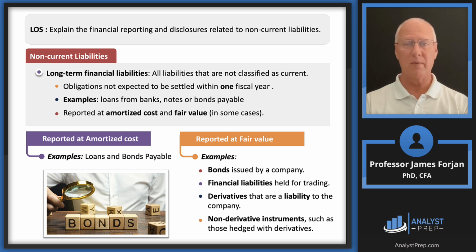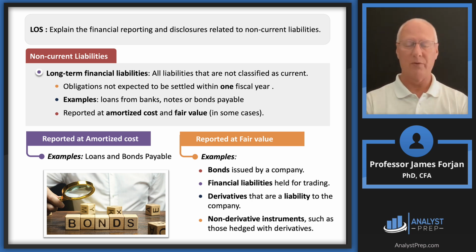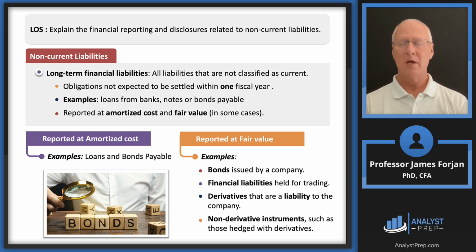Those repurchase agreements, did we do that yet here in level 1? But we'll do that in level 2 and in level 3. So that repurchase agreement is an important concept throughout the program. How about derivatives that are a liability to the company? These are mostly interest rate swaps, but they could probably be some other kind of a swap, maybe some type